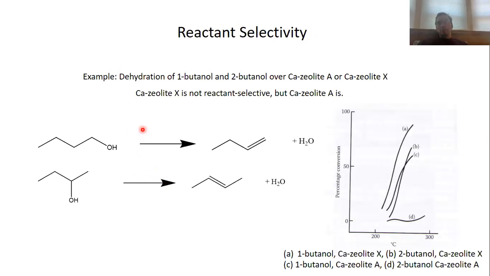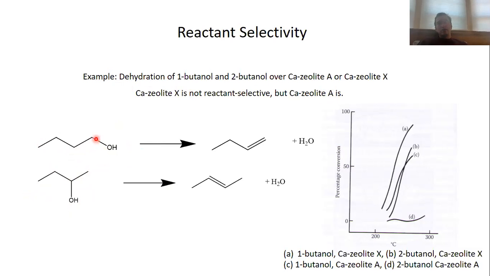So this example is the dehydration of 1-butanol and 2-butanol over calcium zeolite A and calcium zeolite X respectively. Calcium zeolite X is not reactant selective, but calcium zeolite A is, simply because of the different pore sizes. Zeolite A has smaller pore sizes than zeolite X. So here you see the 1-butanol, and here you see the 2-butanol,